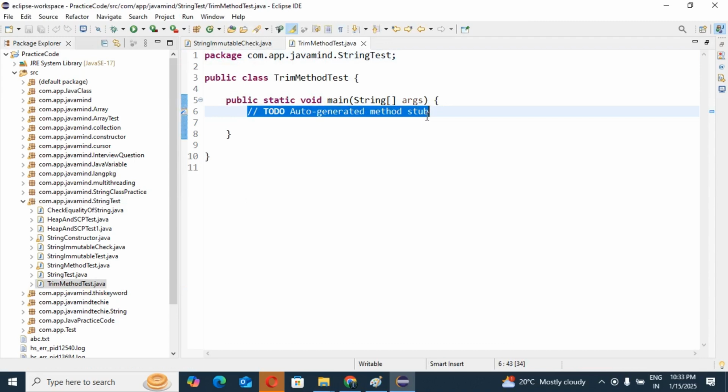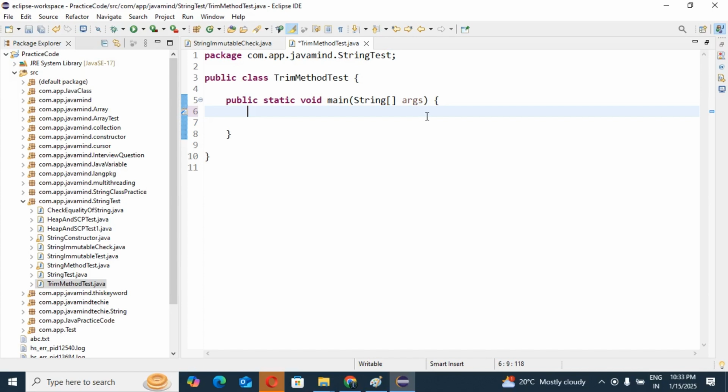So guys, I have created one TrimMethodTest class. In this main method, I am going to write the code by which we can understand how the trim method will work in our Java application.